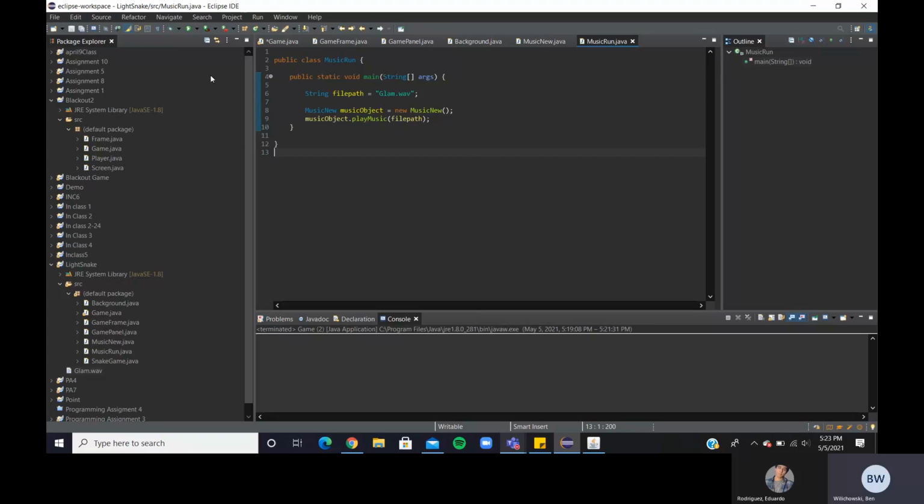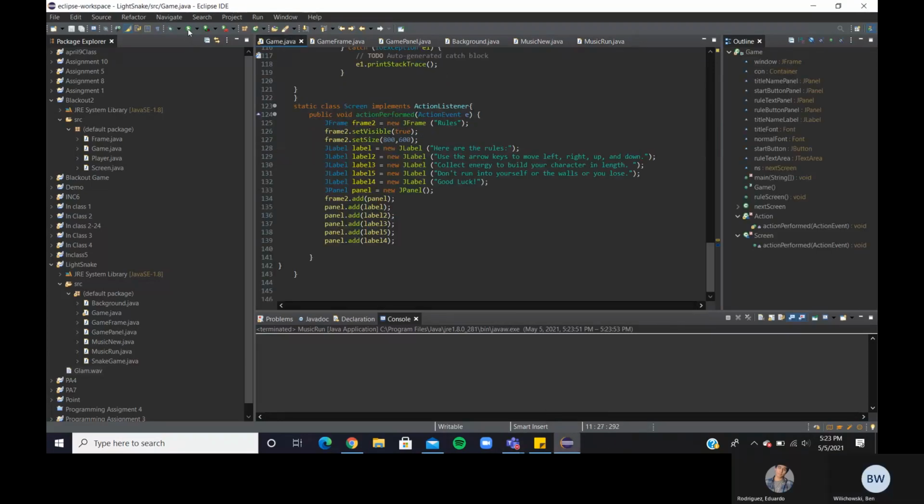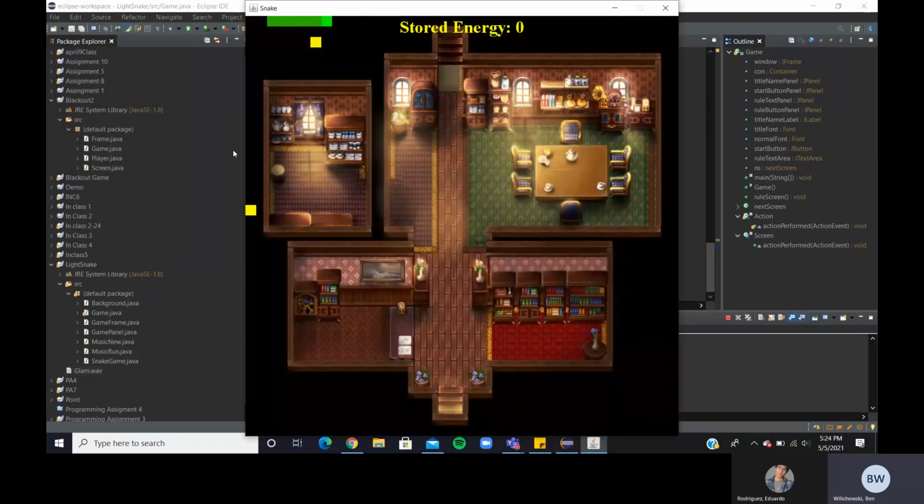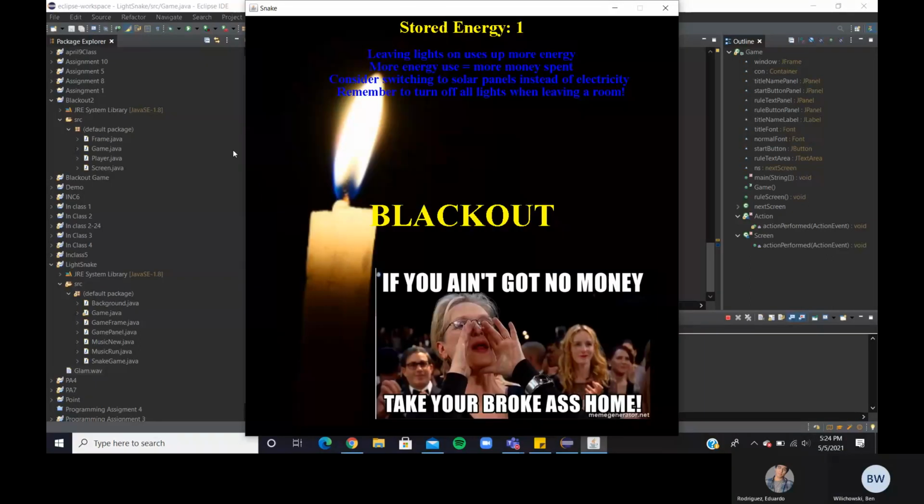So once again, we're going to give you a quick demonstration. Like we talked about before, you have the start. The first code brings up the whole start screen with the start and rules. I'm not going to click rules, I already saw it. Once you click start, you are the wire collecting the lights. You can see every time we click. Like I said, we added